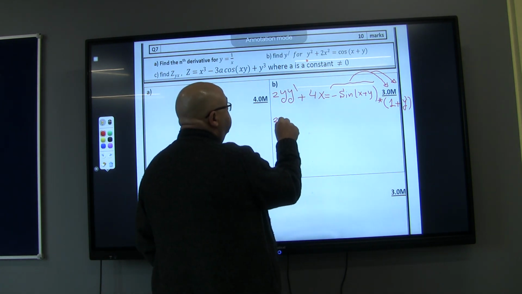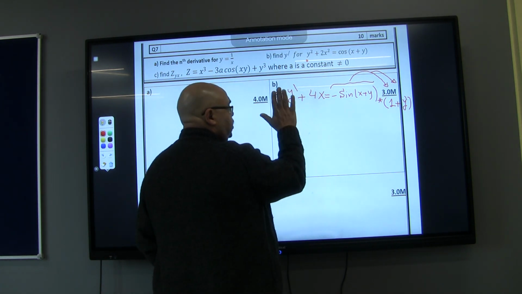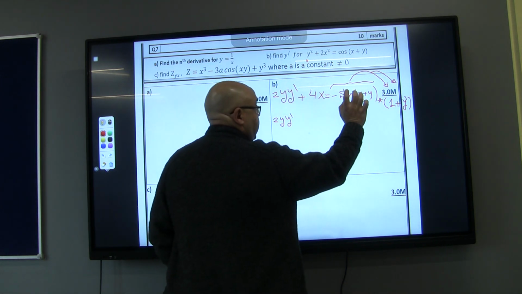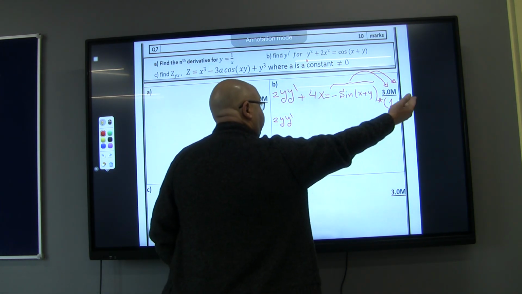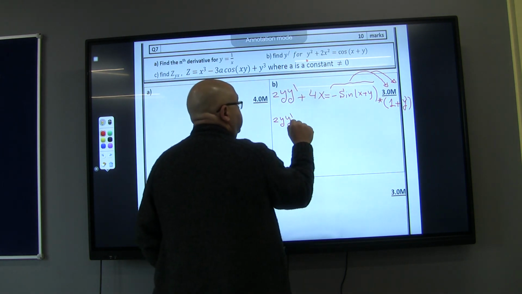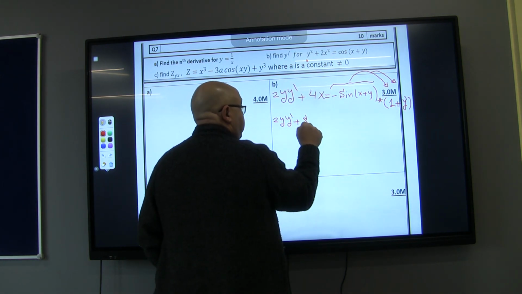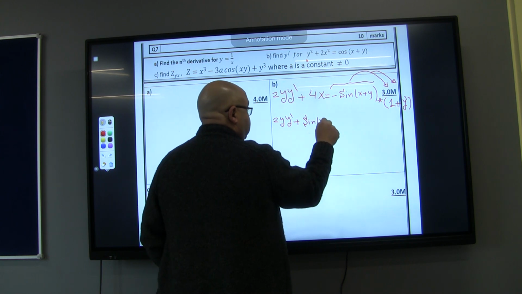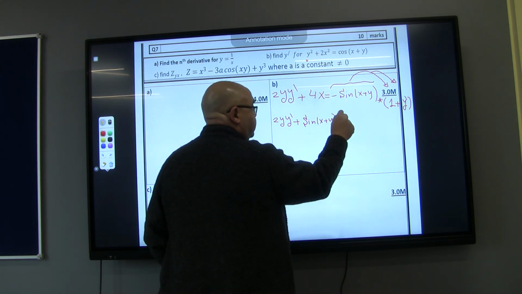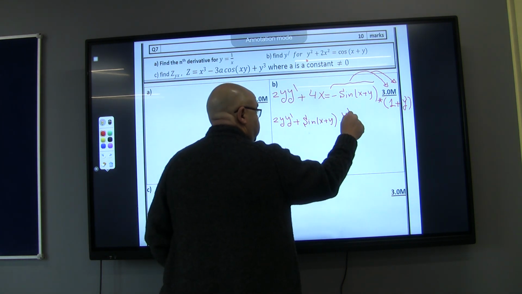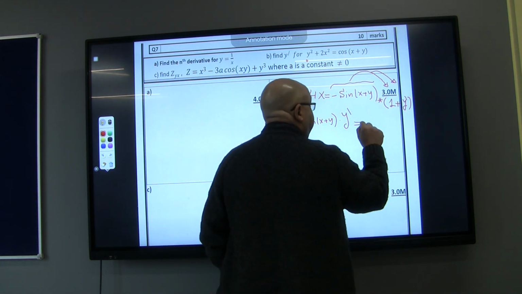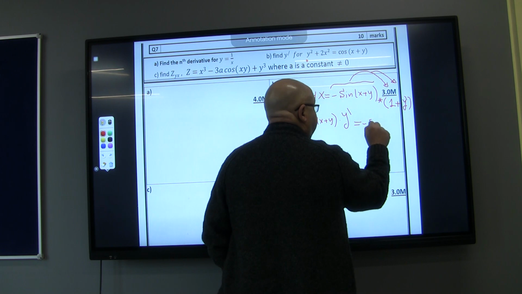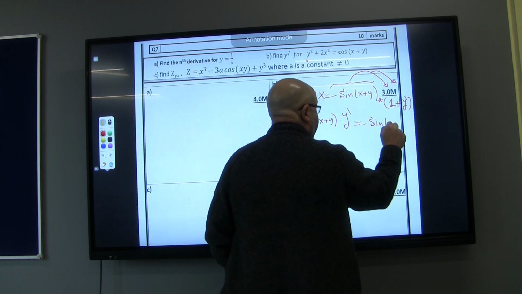So I will have 2y y dash will remain on this side. The other part will be negative sine of x plus y times y dash. I will move it from the right to the left. So the sign will be plus, you will have sine of x plus y times y dash. Then will equal to. On the right hand side, you still have your negative sine of x plus